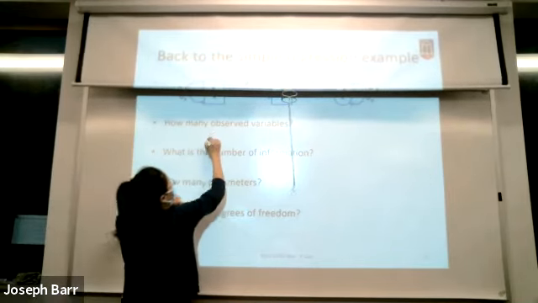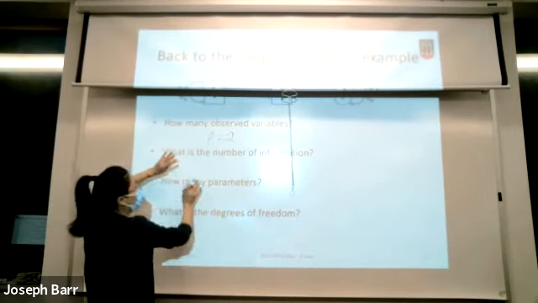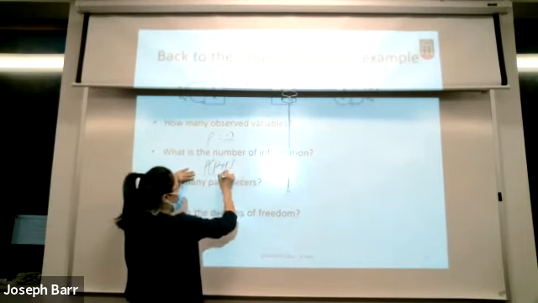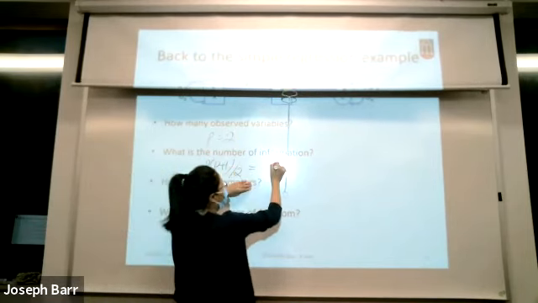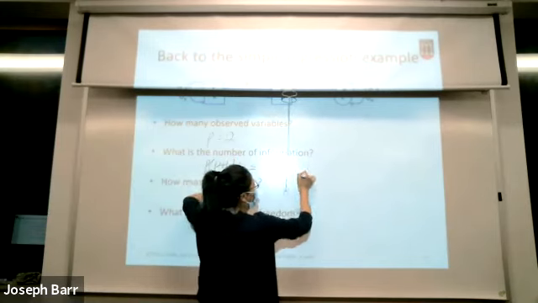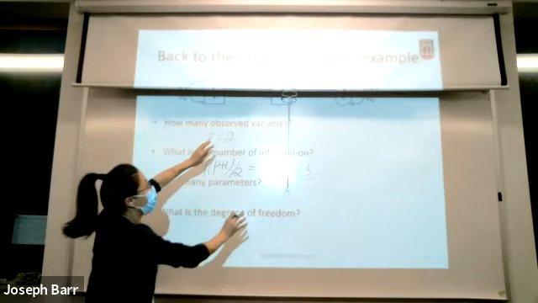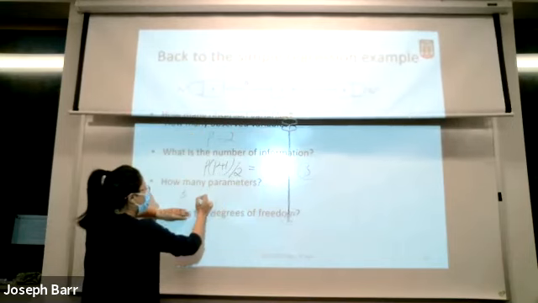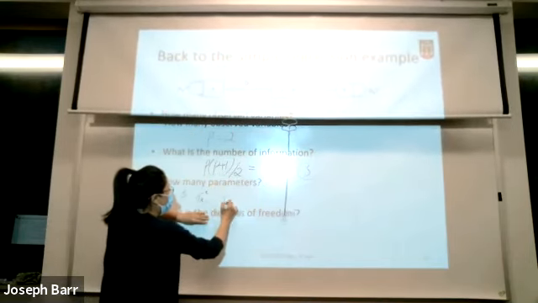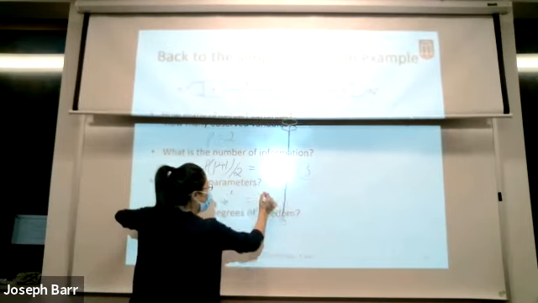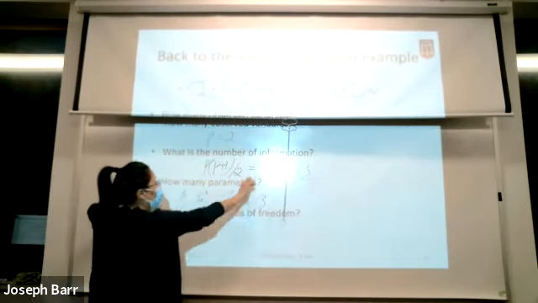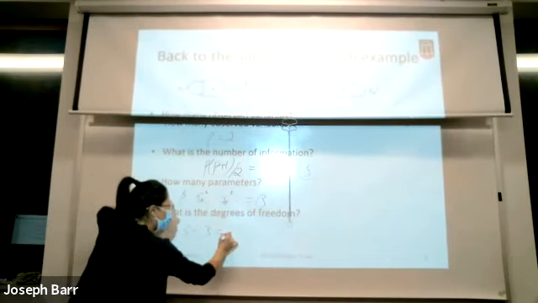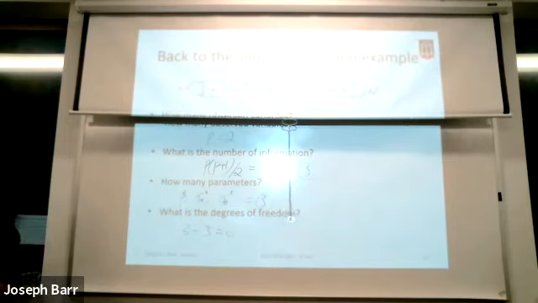Here the number of observed variables P equals 2, and the number of information is P times P plus 1 divided by 2. So 2 times 3 divided by 2 is 3. And then for the number of parameters, we have 3: beta, the variance of X, and the variance of the residual part. So what are the degrees of freedom? This number minus this number, 3 minus 3, it's 0. So that's why we have 0 degrees of freedom.